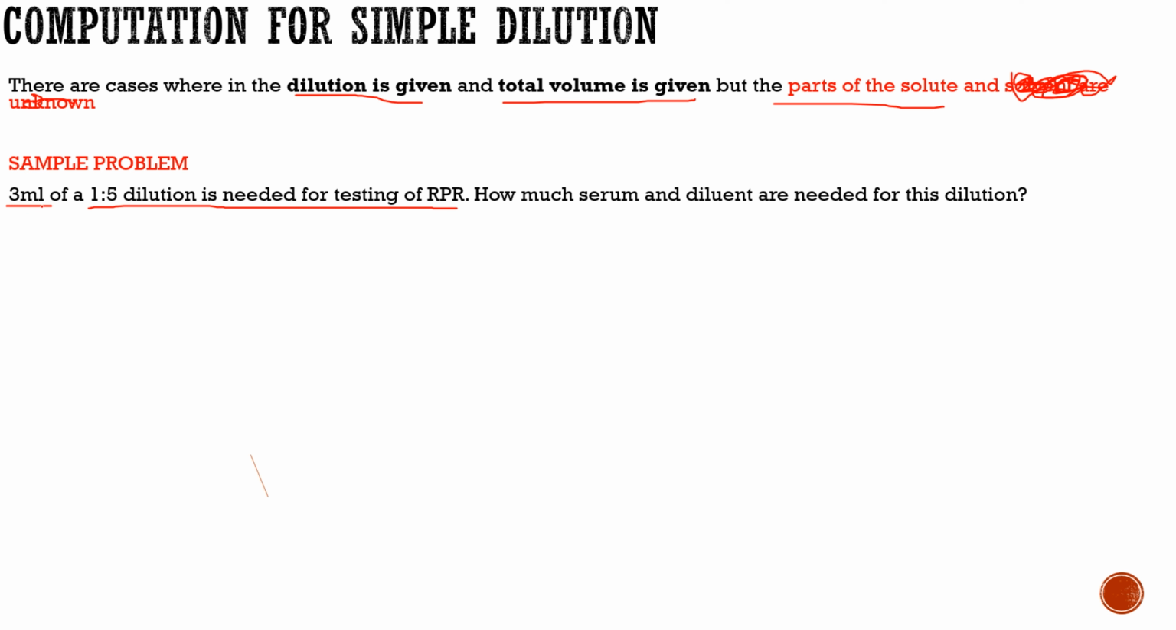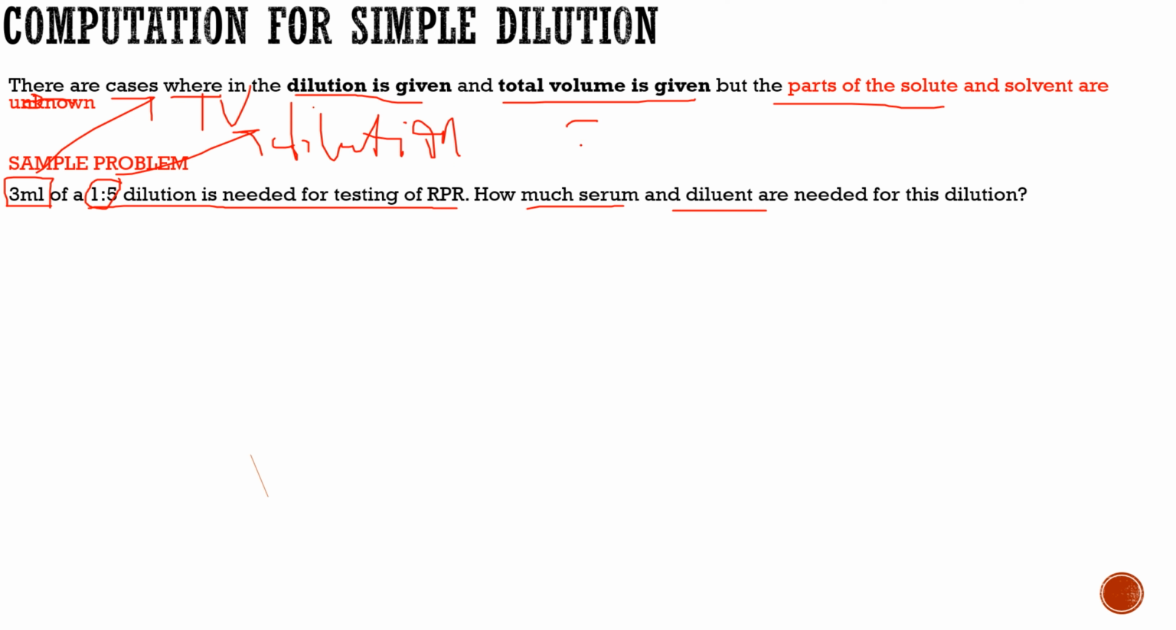3 ml of a 1 is to 5 dilution is needed for testing of RPR. How much serum and diluent are needed? Okay, sorry, I was wrong. The diluent is also unknown here, class. So you have an idea of the total volume. So where is the total volume? This number here. This is your total volume. You are also aware of your dilution. Your unknowns here are the solute